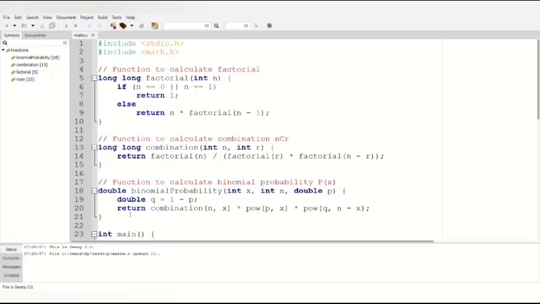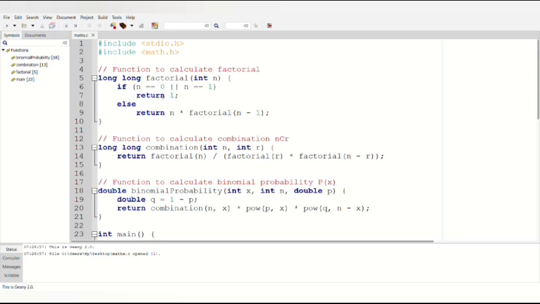This C program calculates various probabilities related to a scenario involving telephone lines using the binomial probability formula and factorial calculations. stdio.h and math.h are standard C libraries. stdio.h is for input-output operations, and math.h is for mathematical functions like pow. Function definitions. Function name: factorial. This function calculates the factorial of a given integer, n. It's a recursive function that returns 1 for n equals 0 or n equals 1, and otherwise computes n times factorial of